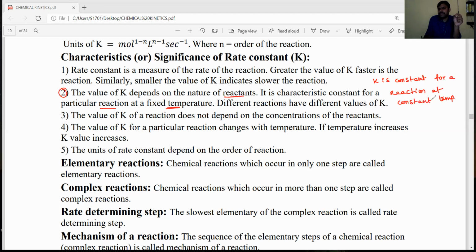Okay, dear student, this point is very important. If the temperature increases, K value also will increase. If the temperature decreases, the rate will decrease, then the K value will decrease. But K value is constant for a particular reaction